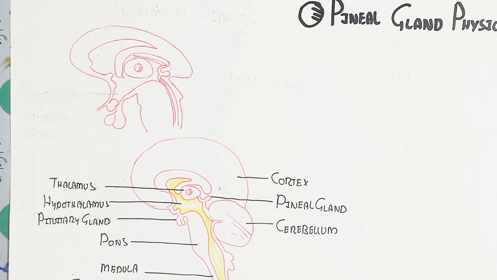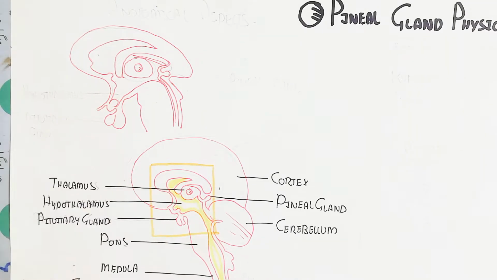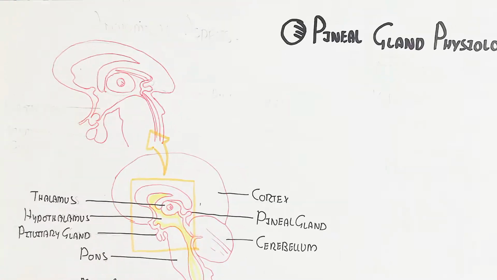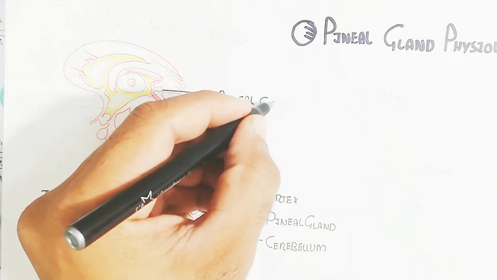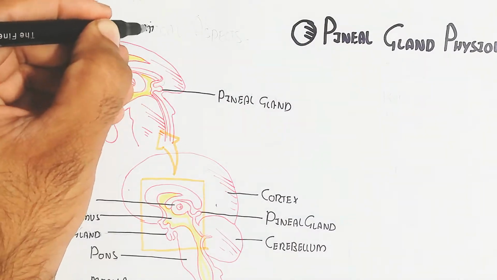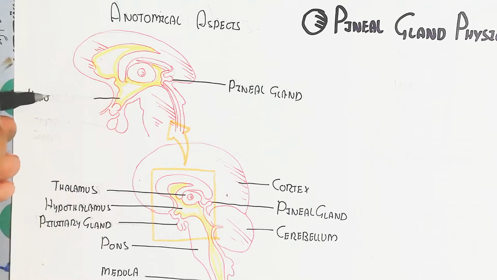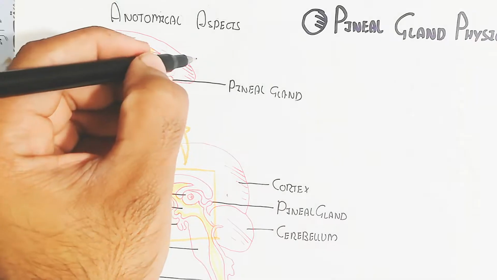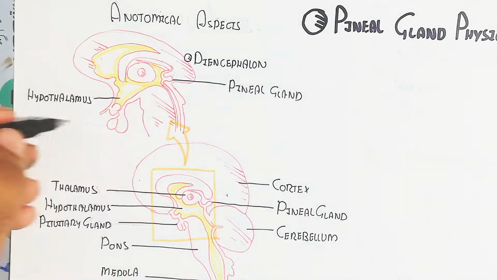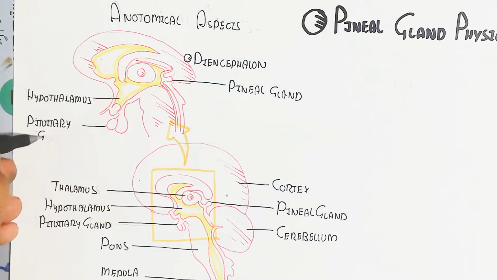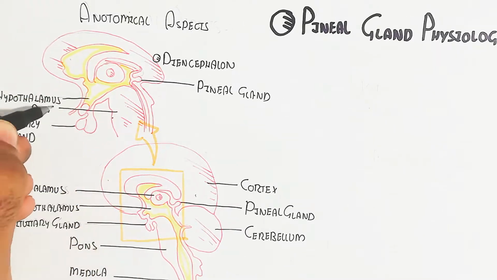So here is a little bit bigger picture to understand. The pineal gland is a part of the diencephalon of the brain. This is the pineal gland, and this ventricle contains cerebrospinal fluid, which I have denoted with a yellowish color, and here are the hypothalamus, pons, pituitary gland, and medulla. This is the pituitary gland, and let's begin to understand the